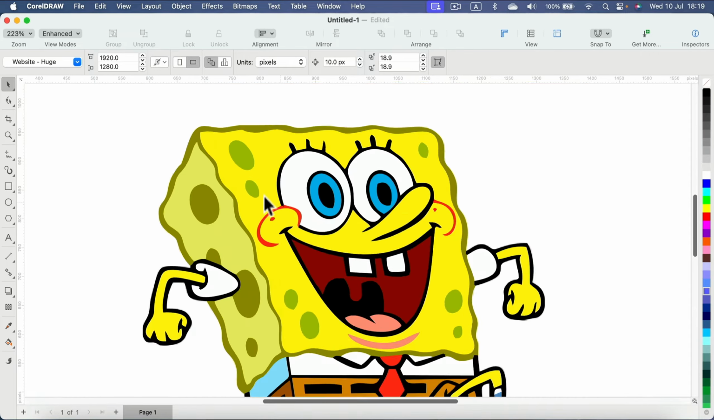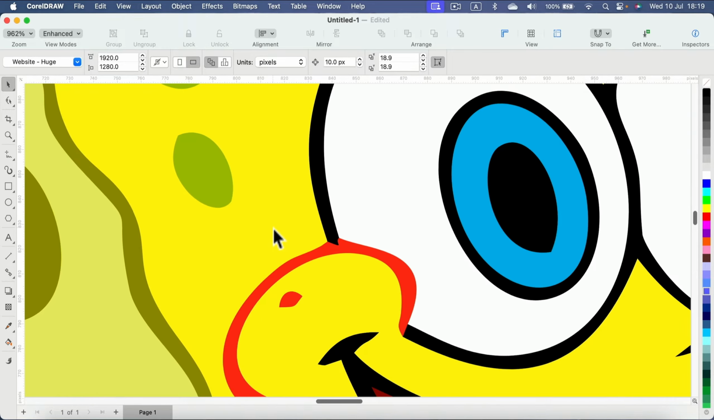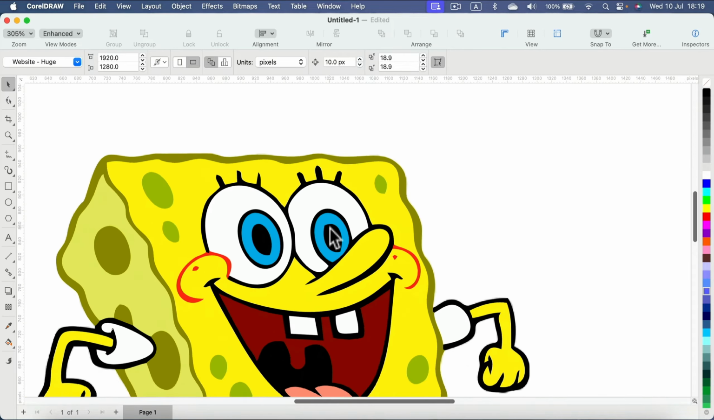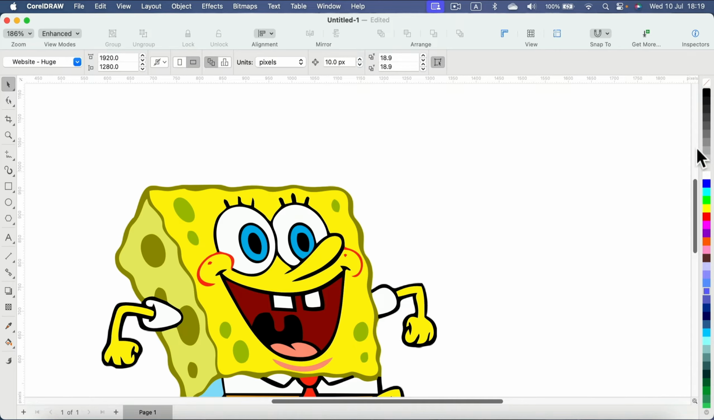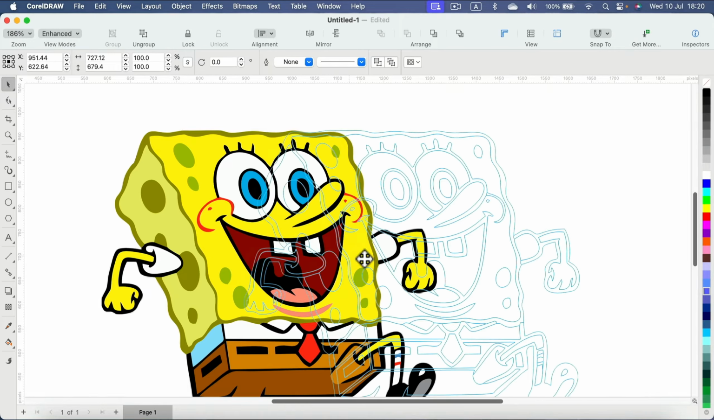Let's zoom in, Command plus to zoom in, and as you can see now, this illustration is very sharp. We turn this pixelated raster graphic into a sharp vector illustration. In addition, we can tap into all of the properties of the vector graphics,